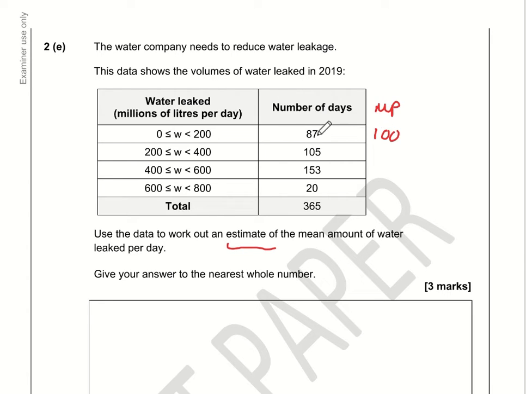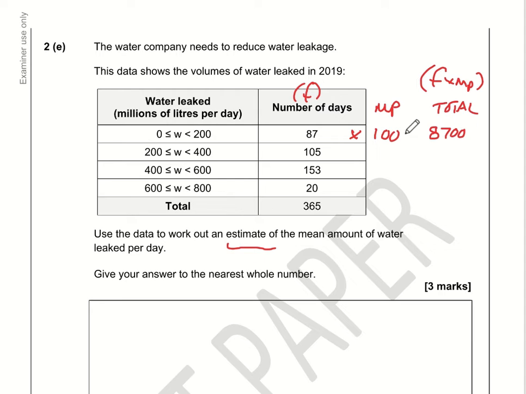Now, if on these 87 days there was an estimated leakage of 100 million litres, then in total, so we can call this a total column, or sometimes it's the frequency times the midpoint column. Often this is referred to as F, the frequency, but here it's been labelled number of days. So on 87 days, if we're estimating that every day 100 million litres were leaked, then that is a total of